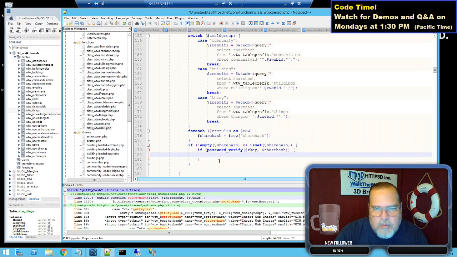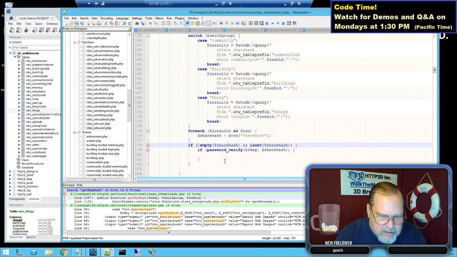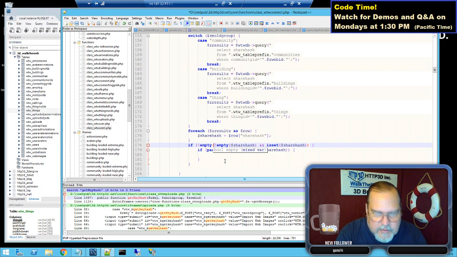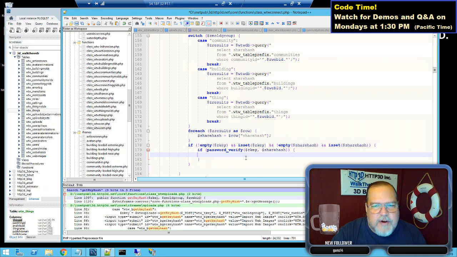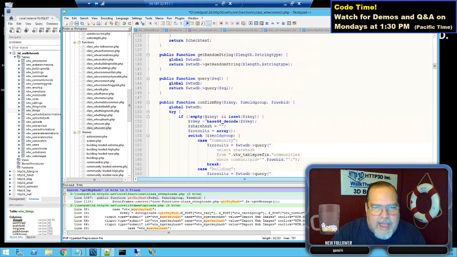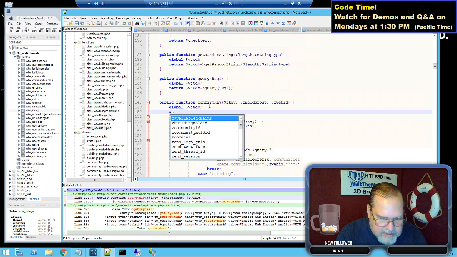So this is going to be here, and we're only validating if these two values have values, so we're not going to deal with it if it's blank. So is not empty, and is set. And there. Okay, so we're guaranteeing that those two things have value. Then we're verifying the password based on those two values. And if that all happens, confirm key, we're going to say Z,